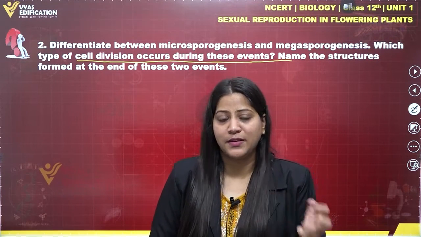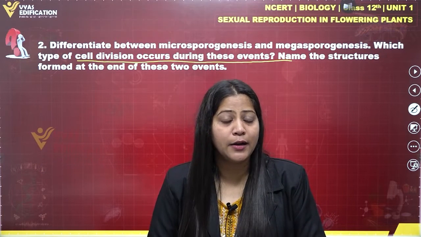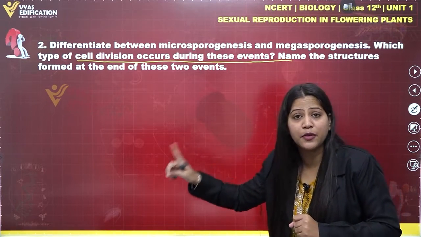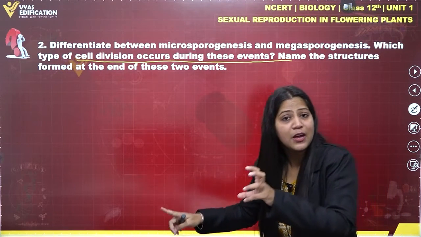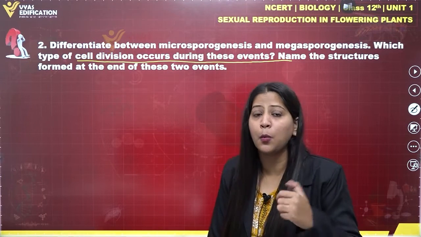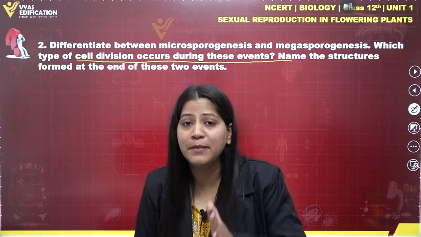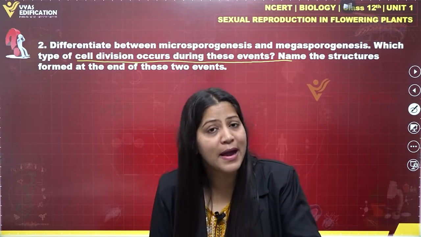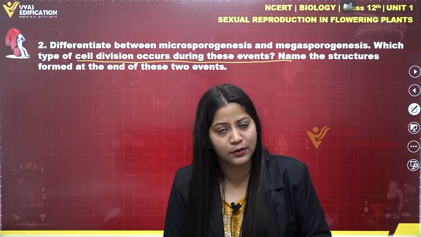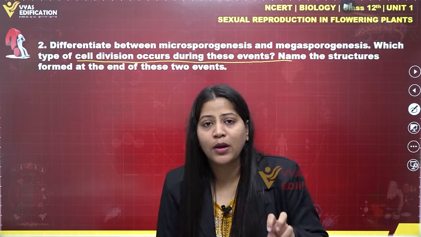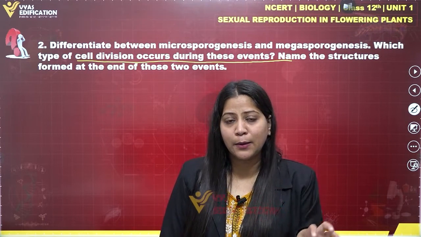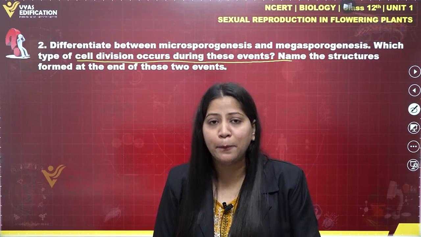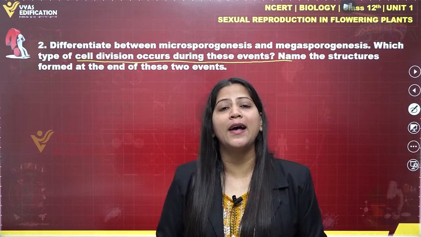These pollen mother cells or microspore mother cells undergo meiotic division. This is the type of division which occurs in the event of microsporogenesis. What kind of division is taking place? Meiotic division is taking place to form a male microspore, that is pollen grain. So the pollen mother cells present inside the pollen sac undergo meiotic division to form haploid microspores known as pollen